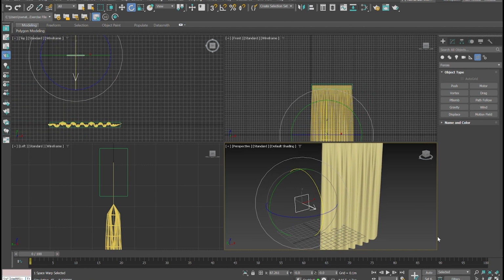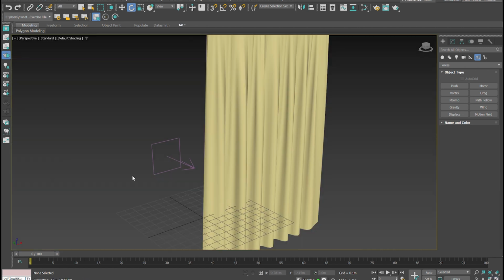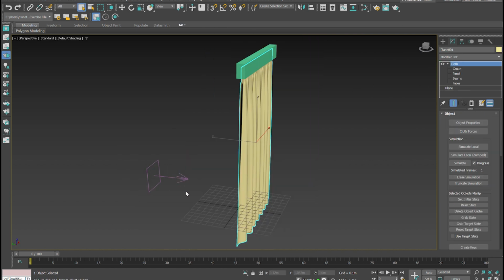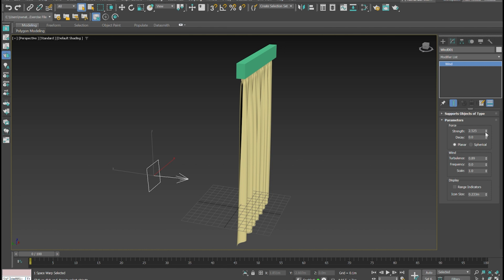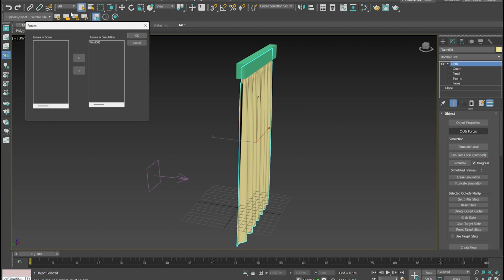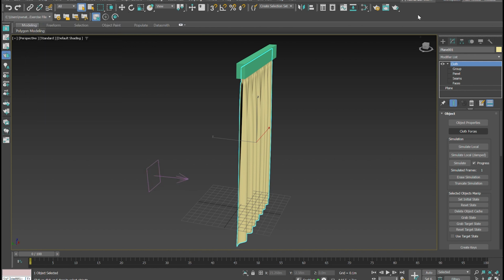So within that wind modifier, go into the modifier tab and we can set the strength. So let's just pull it down a bit. So once you've created your wind, you've set it to a certain strength, potentially play with turbulence a bit if you want. You click on our cloth and you go to cloth forces and you click on wind and you bring it across. Click OK. So now when we go back to cloth and we simulate local,